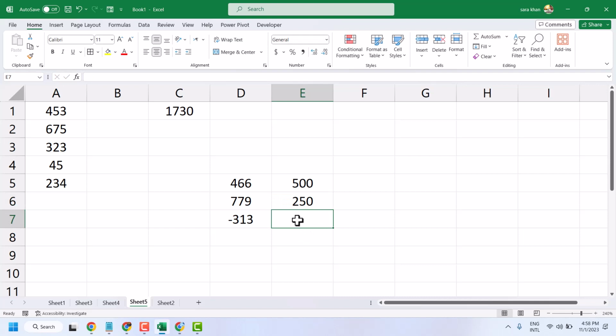Same equal sign, select first number, minus sign, then second number, press enter. And if you have a large number column,